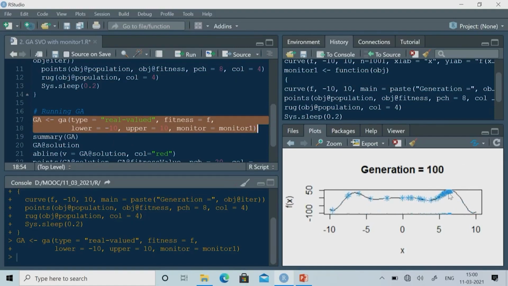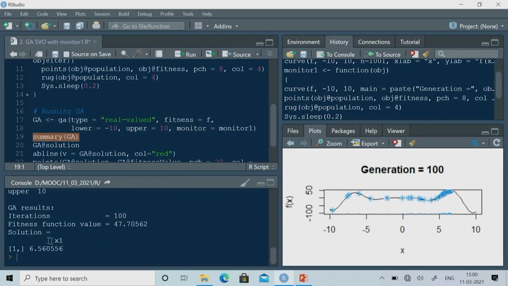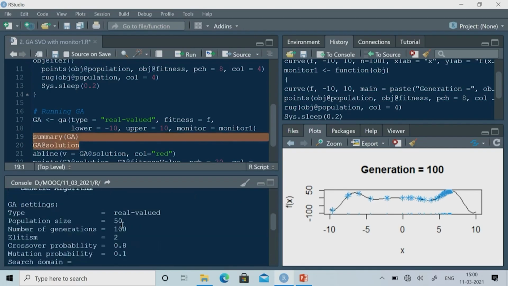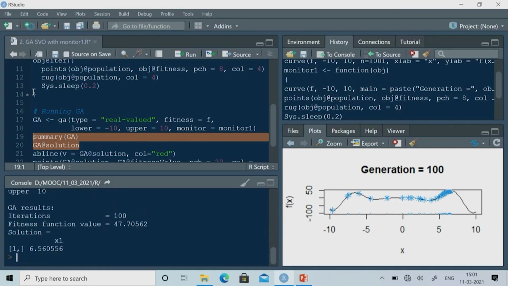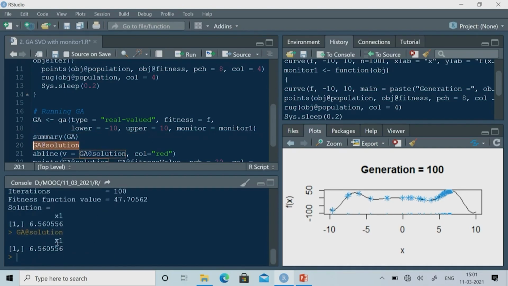So, now you just see. This is the solution we got, and to check whether we got the solution, I can see that summary. So, this is the solution you got, 6.560556, and I can see the GA solution. In the summary you can also see the other things. We have used real value, population size 50, number of generations 100. The crossover probability and mutation probability we did not change, so the default values have been taken, and finally you got the solution. Then for the GA solution you can see what is the best solution you got, and the solution is